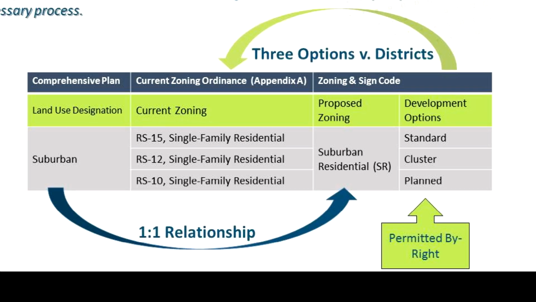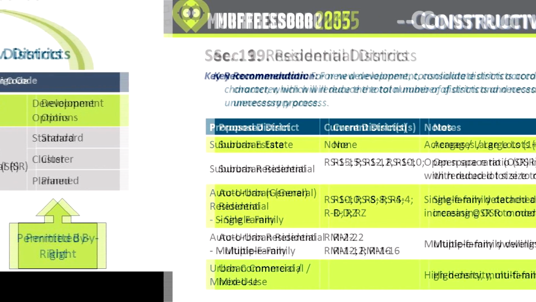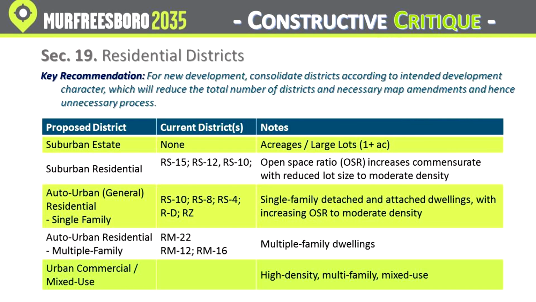So what we're suggesting here, particularly when it comes to RS15, RS12, and RS10 zoning districts, which are essentially your suburban zoning districts, is that we have 3 development options whereby the RS15, 12, and 10 would all be able to be developed under one key zoning district. And those would then be development options permitted by right for the developer. So essentially when we were developing land use